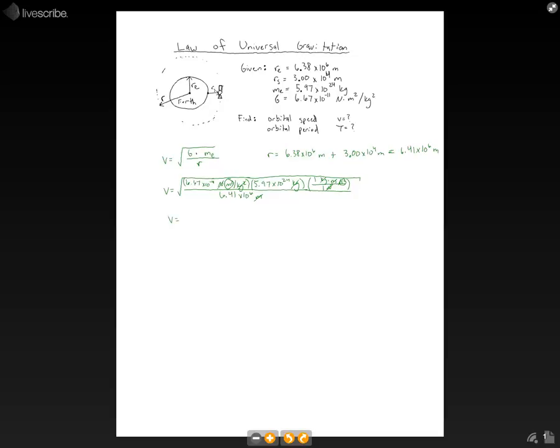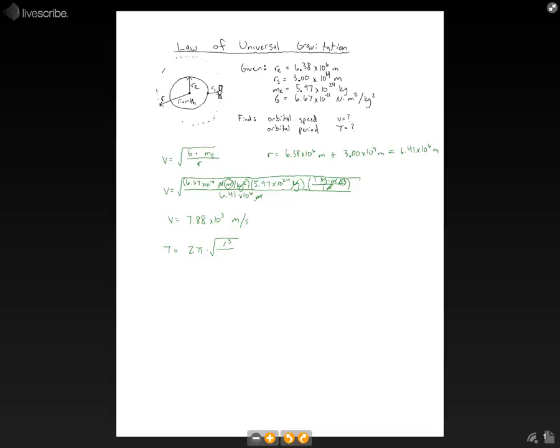So what our speed should come out to be once you do all that number crunching is 7.88 times 10 to the third meters per second. So that's how you solve for the orbital speed. So let's go ahead and try to solve for the period. Now the period is just the total amount of time that it would take the satellite to go around the Earth. And so our equation for that is the period is equal to 2 pi multiplied by